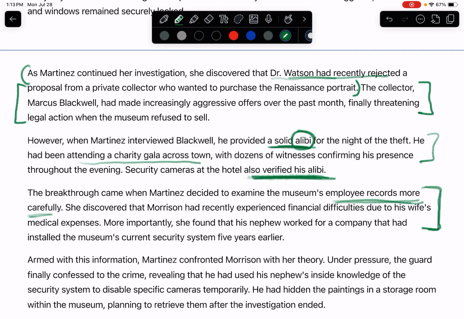More importantly, she found that his nephew worked for a company that had installed the museum's security systems 5 years earlier. So again, this investigator is putting all these things together. Morrison has family, he's having some financial issues, money problems. Morrison also has a nephew that installed the museum's current security system 5 years earlier. So you see the evidence here that maybe he's involved. But let's see. Just because you are having financial issues doesn't mean that you're going to commit a crime. Just because you have a nephew that installed the security cameras doesn't mean that you're going to commit a crime. But that is